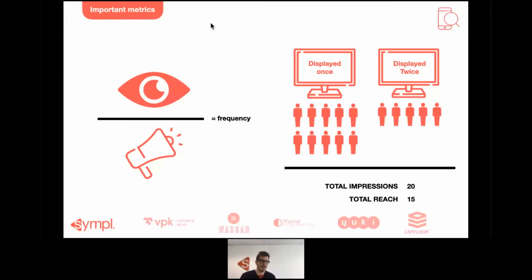And then in this case, your frequency will be 1.25. So that's important to keep in mind. Reach, impressions, frequency, because you need that data and a good understanding of that data to start the next phase of your